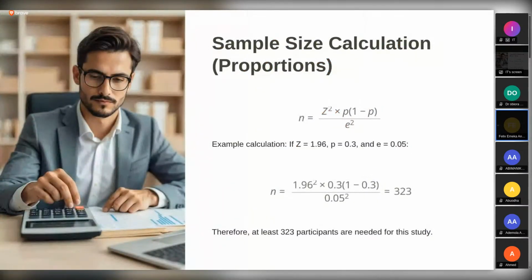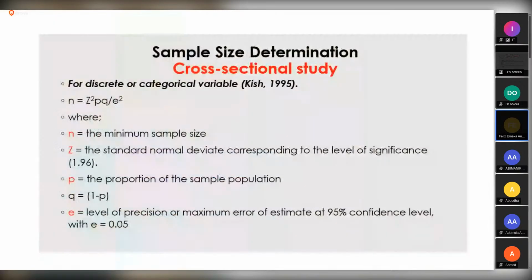This is the sample size if you're doing a study like a cross-sectional study where you're checking for prevalence. This is the sample size that you're going to be using. So let's look at it clearly in the next slide. In your next slide, this is the way it looks. A lot of us know this formula. Sometimes you call it the Cochran formula. The textbook where I got it from is called Kish. Z square PQ over E square.